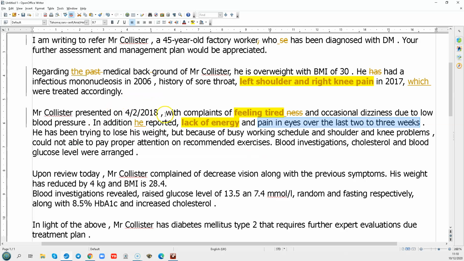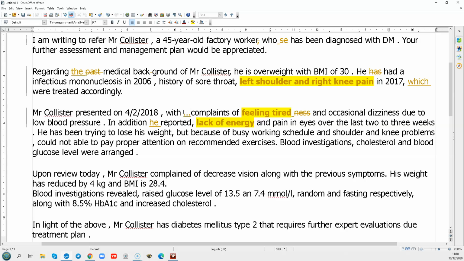If you came with a 2-week history of tiredness and dizziness, lack of energy and pain in the eyes, if you put the date at the start, then we would know that all the symptoms have been in play for the last 2 to 3 weeks. But because you have done it here, it looks like it's only the pain in the eyes, which I'm not sure. So, again,